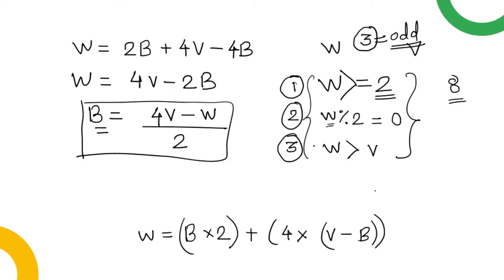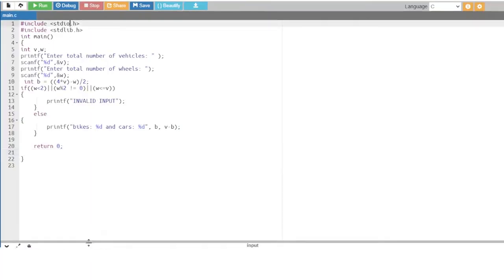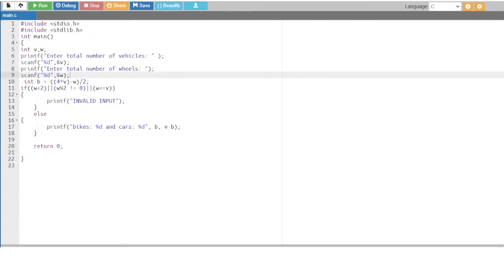So whatever we have discussed up till now, we will write a code to implement it. So we will use the online GDB compiler. You just go to Google and type online GDB, then you will come across onlinegdb.com.